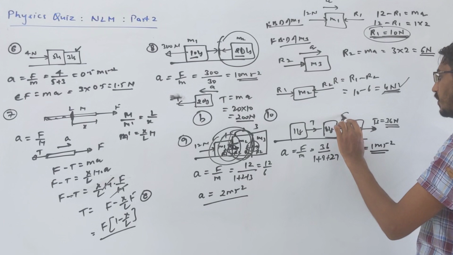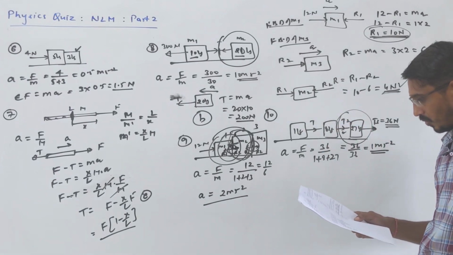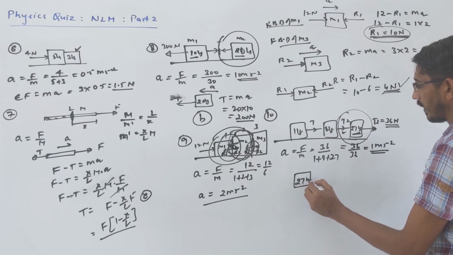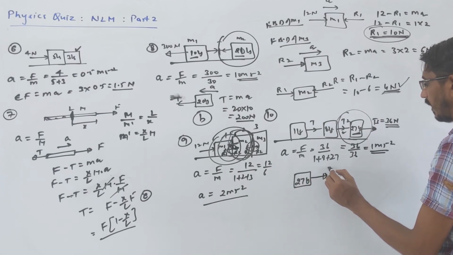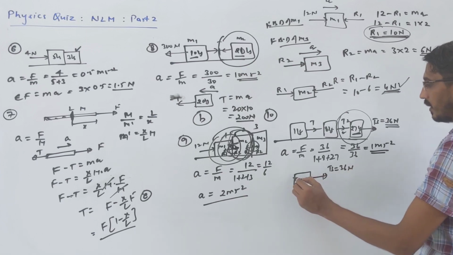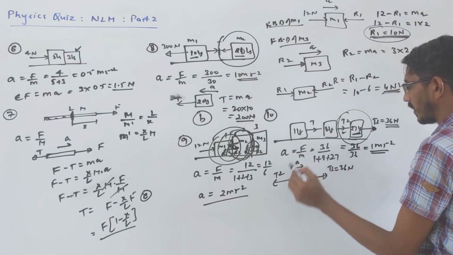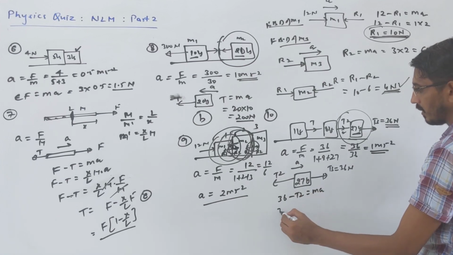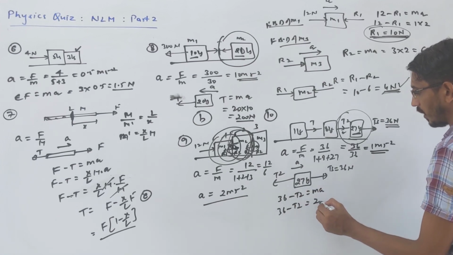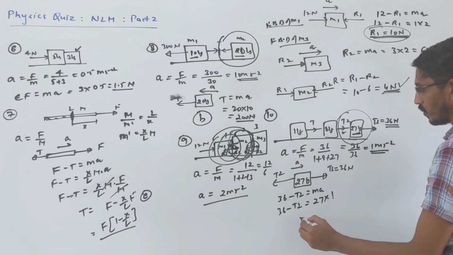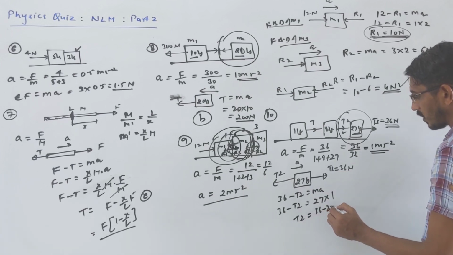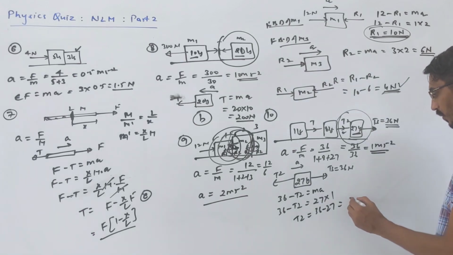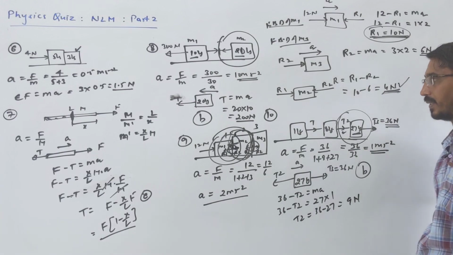Now they are asking for tension T2, right? Yes, only T2. So you can take the FBD of the 27 kg block. When you take the FBD of 27 kg, there is a force here, T3, which we already know is 36 Newton. There is another force here, T2, and acceleration in this direction. So simply 36 minus T2 is equal to MA. Correct? 36 minus T2, mass is 27, acceleration we found is 1. So T2 will be 36 minus 27, which becomes 9 Newton. That means the correct answer is 9 Newton.